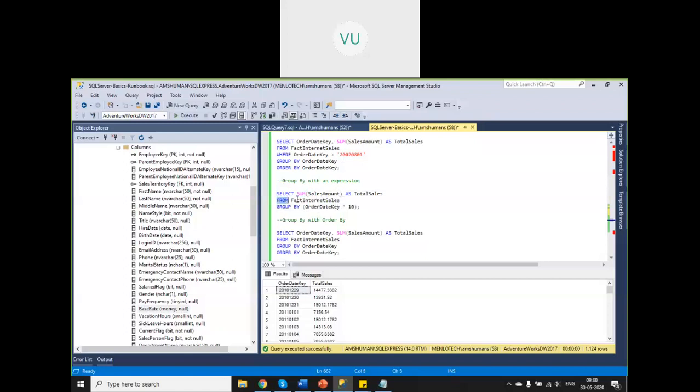So what I'm doing is, from this particular table, group by this particular value. That means it will apply into 10 for each of the records, not changing the value in the table, but temporarily it will compute this value, and based on these distinct values, it will group by. That means if my order date key is 2, 3, 1, that is the order in which my order date key values are appearing, right? So it will apply into 10, that means 20, 30, 10. Then it will group by this particular value.